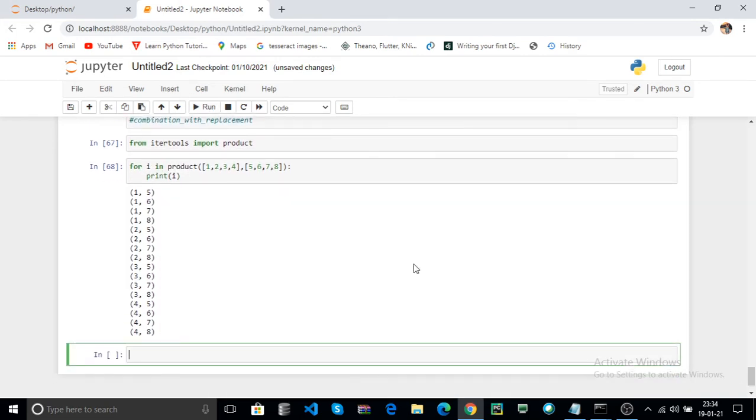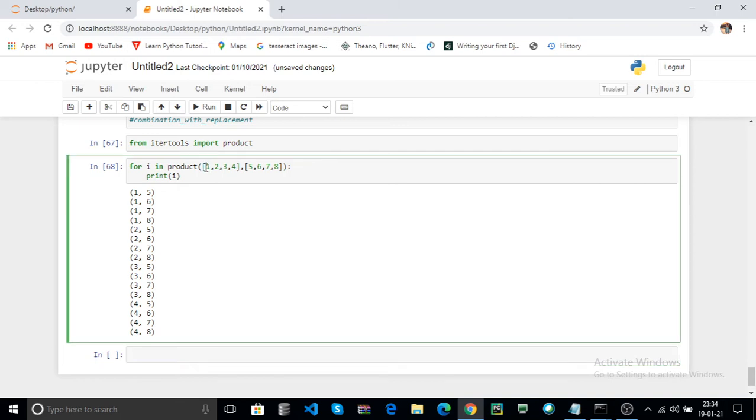Here it returns the Cartesian product. That means the first item of the first list along with all the items in the second list, the second item in the first list along with all the items in the second list, the third item, and the last element in the first list along with all the elements in the second list.